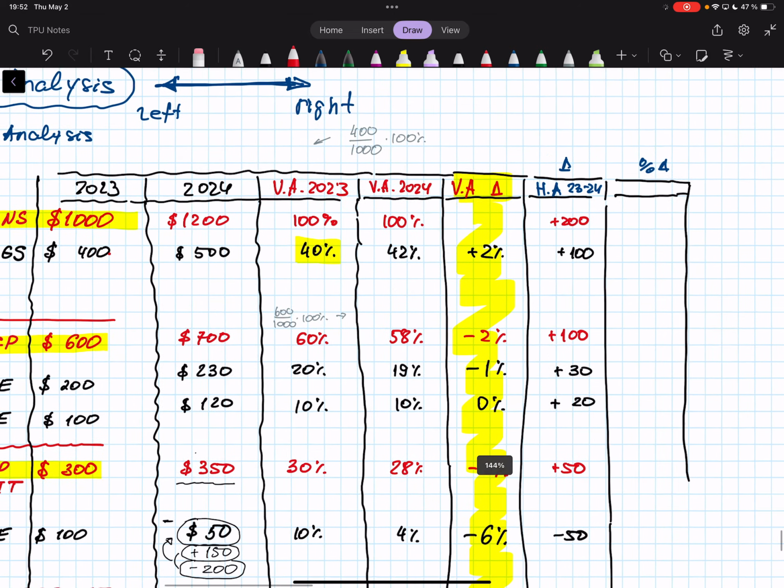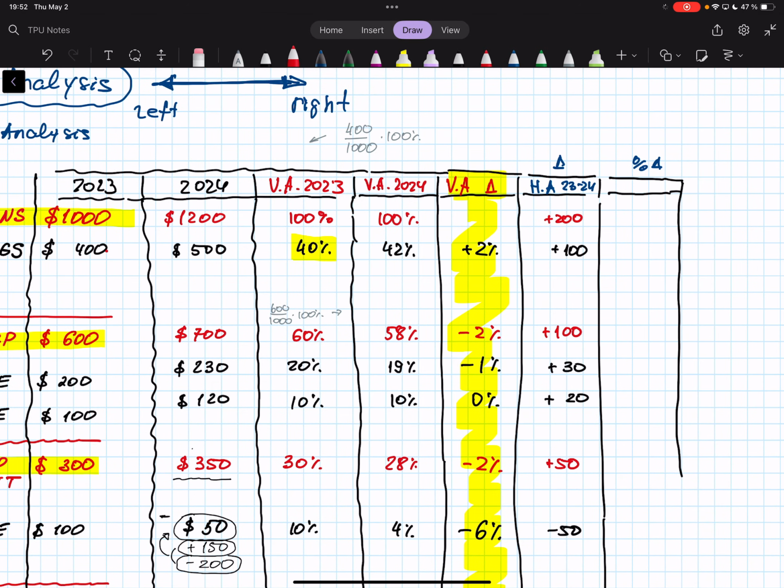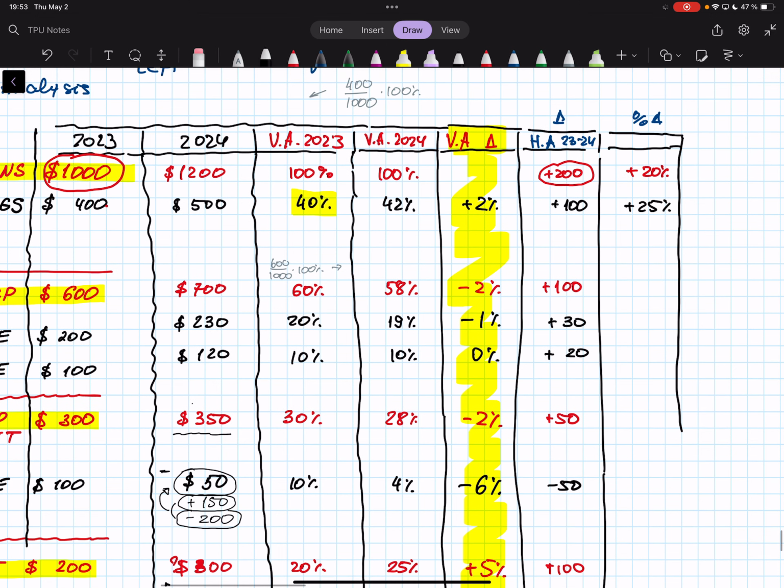Now, we need to get the percentage change. In order to get the percentage change, we need to relate our 200 to 1,000. The base, here the base is the year 2023. So 200 divided by 1,000 is plus 20%. Plus 100 related to 400 is plus 25%. Right? Okay, plus 100 to 600 will be